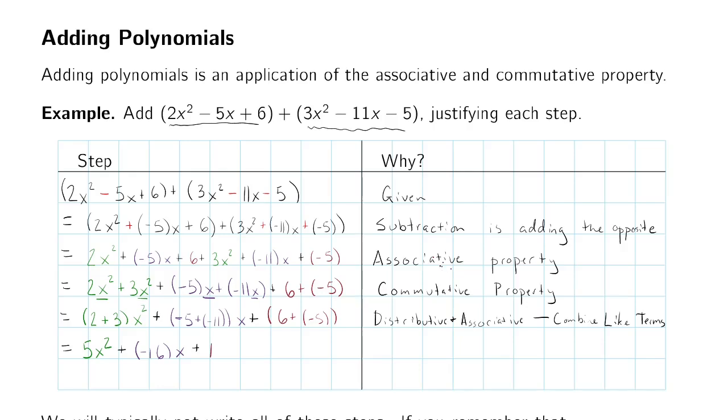And so here we were just adding numbers. And the last thing we want to do is, here we have plus and negative, we want to go back to writing subtraction. So 5x squared minus 16x plus 1. And that was just the opposite of subtraction is adding the opposite. Adding the opposite is subtraction. And so we end up with